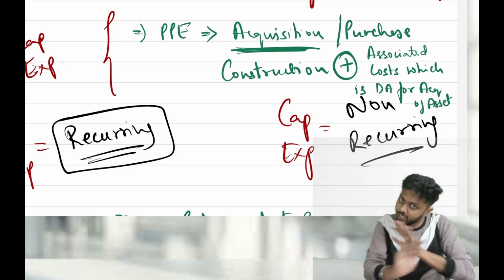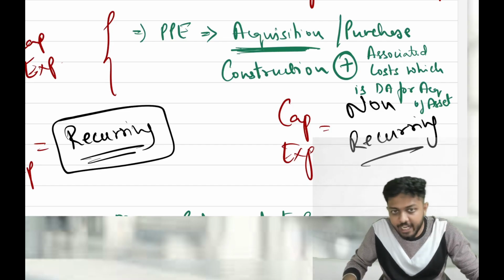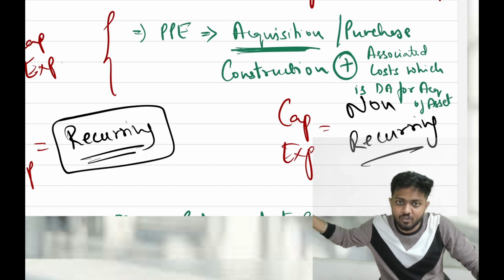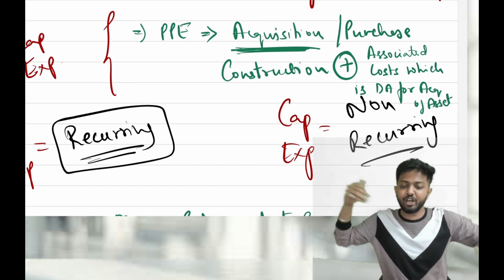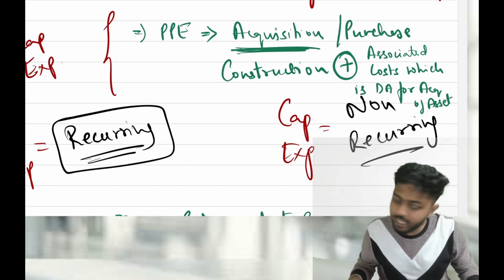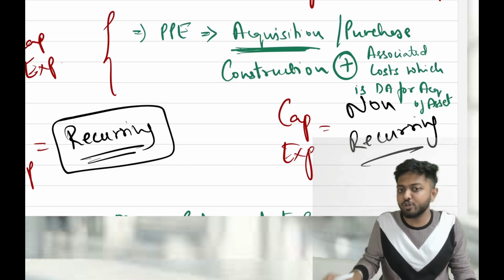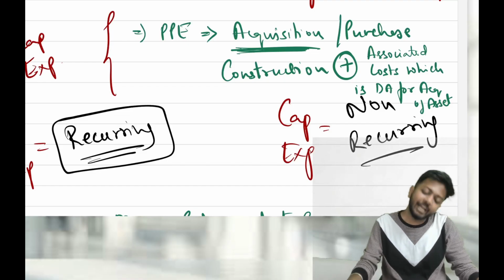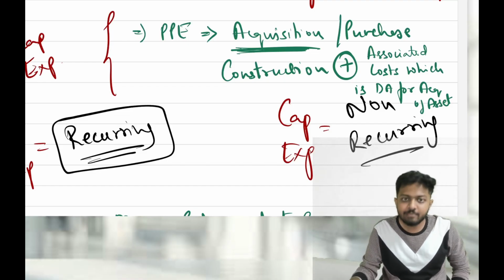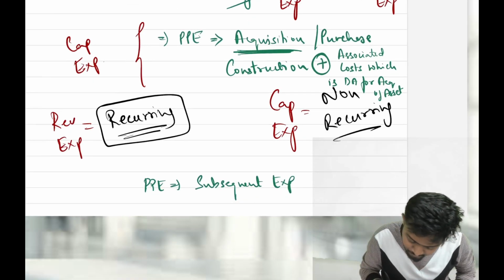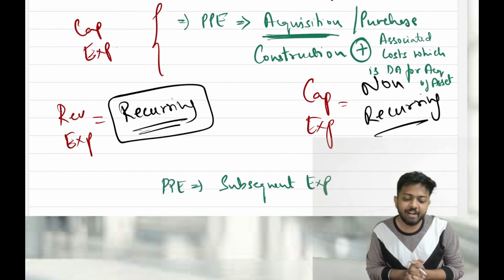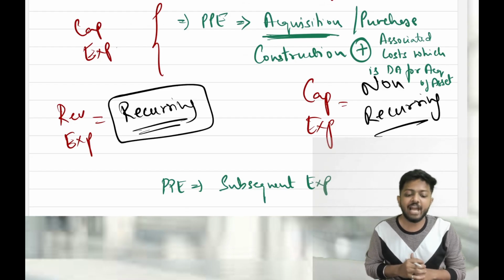That means if you had not acquired the asset, you would not have incurred that expense. Till what point, sir? Till the asset becomes ready to use. The moment it is ready to use, whatever you incur after that will not be considered capital expenditure. Until it becomes ready to use, whatever you spend, if those expenses are directly attributable, will be treated as capital expenditure. That also will be added and considered as an associated cost.